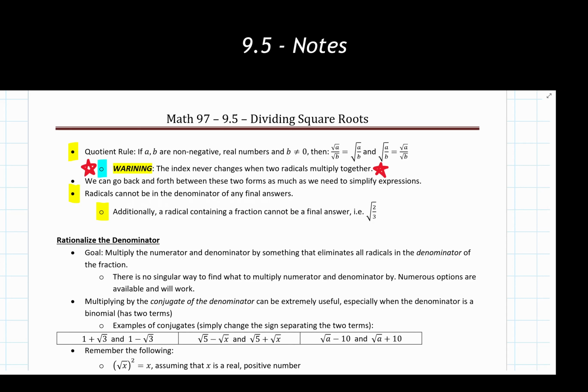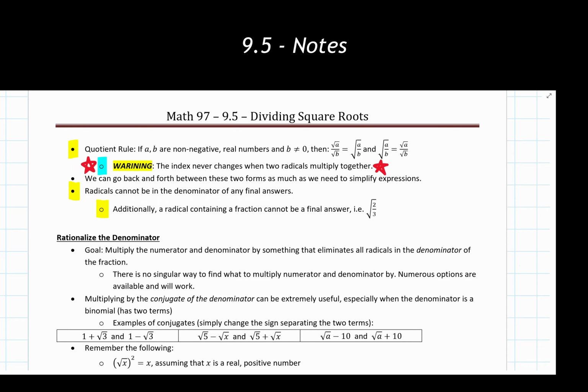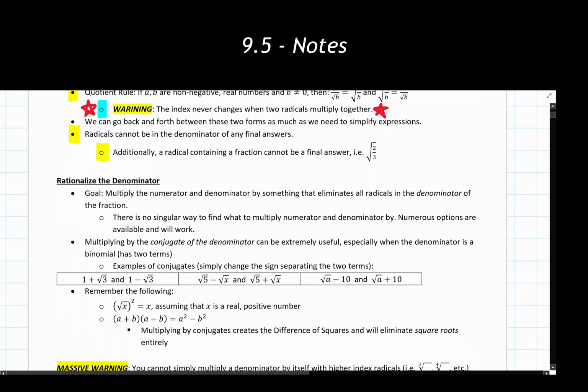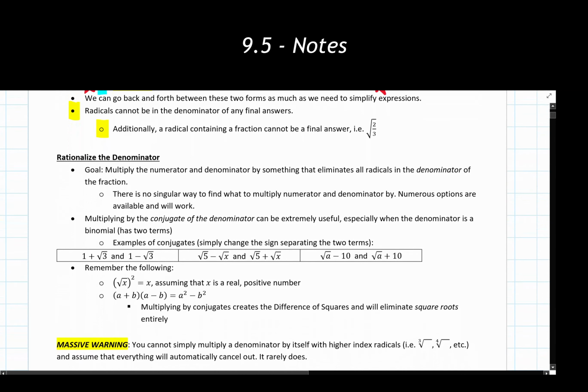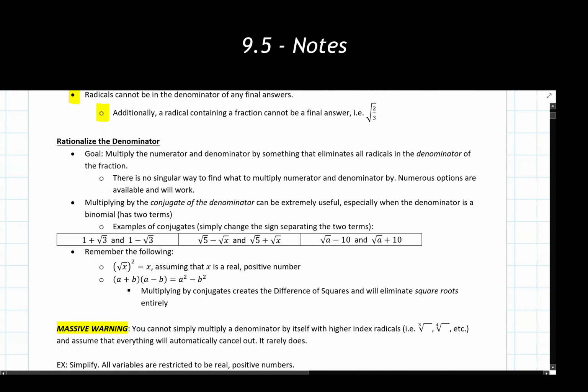So this leads us to the question of, how am I going to get rid of those? What if I have the square root of 3 in the denominator spot, or the square root of 7, where I can't actually cancel that radical out? I don't have a perfect square down there. This gets into what we refer to as the process of rationalizing the denominator.